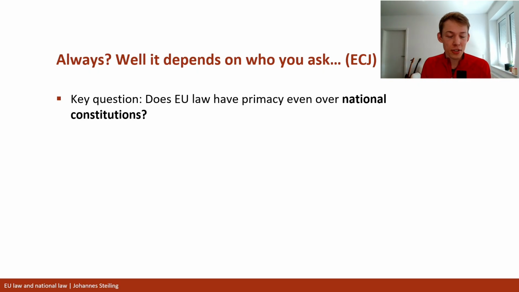The first sense, obviously, is that the constitution is something nations hold very dear and they don't want to lose sovereignty in the sense that something else triumphs over their constitution. But it also is a power struggle for constitutional courts, because when they accept primacy, they accept that basically a higher court, the ECJ, interprets EU law that then takes primacy over their constitution.